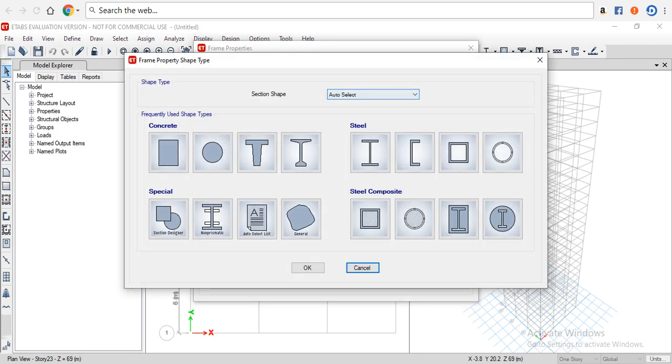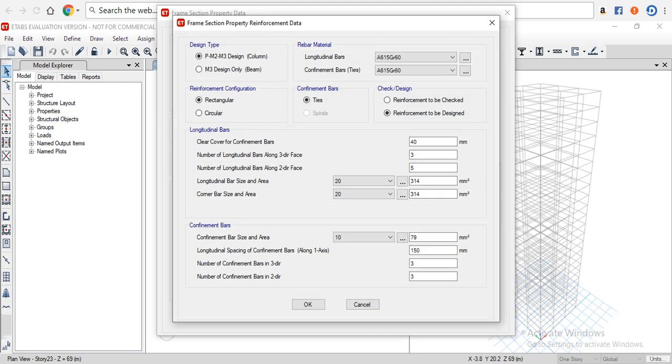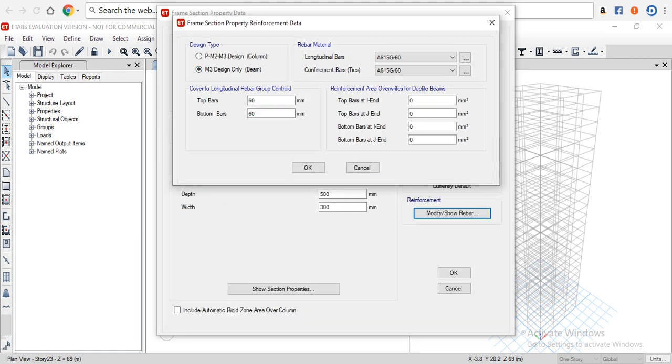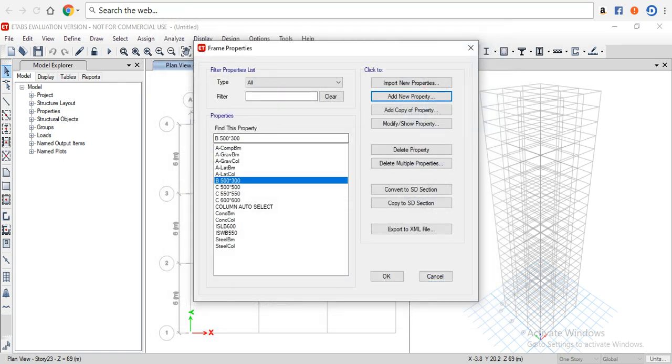Next a new property, concrete. Now we will define the beam for different sections, 500 by 300, change the material to M40, change the dimensions of depth and width 500 by 300, then go to reinforcement details, design type is beam, longitudinal bars of HYSD 500, confinement bars of mild 250 grade, top and bottom bars are 25 mm and 25 mm, then click on OK, then click on OK again, go to add copy of